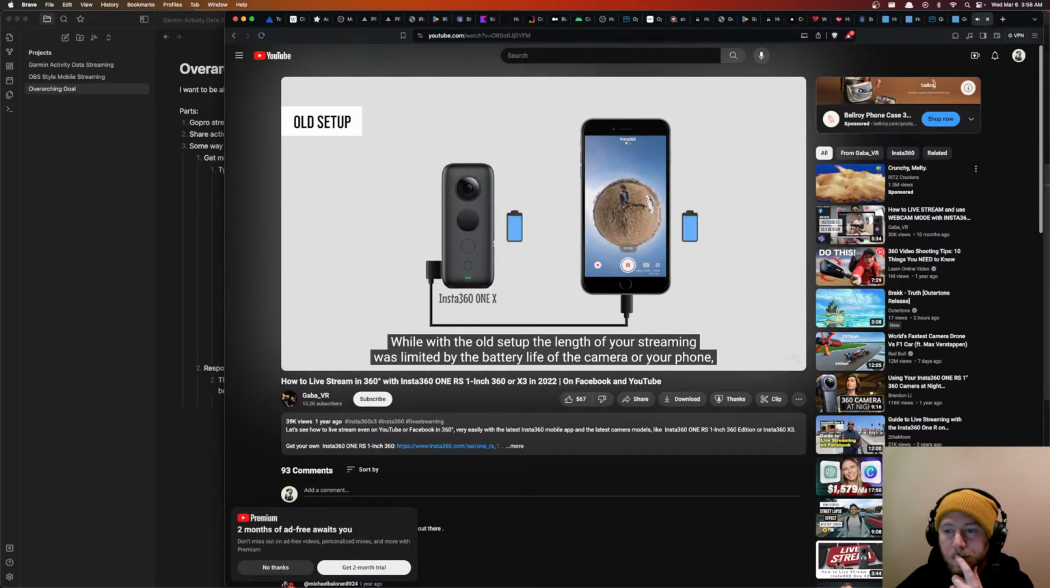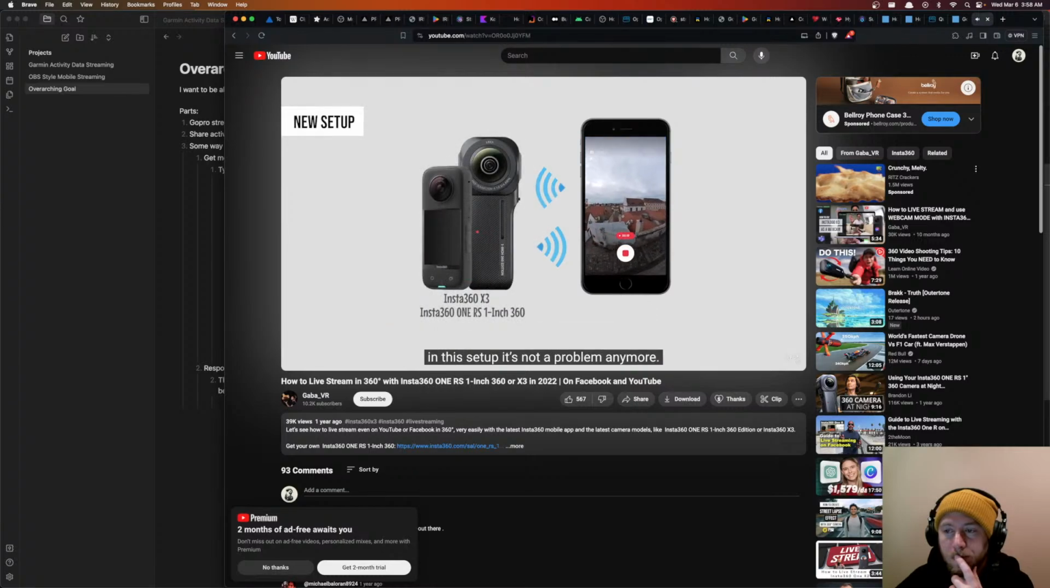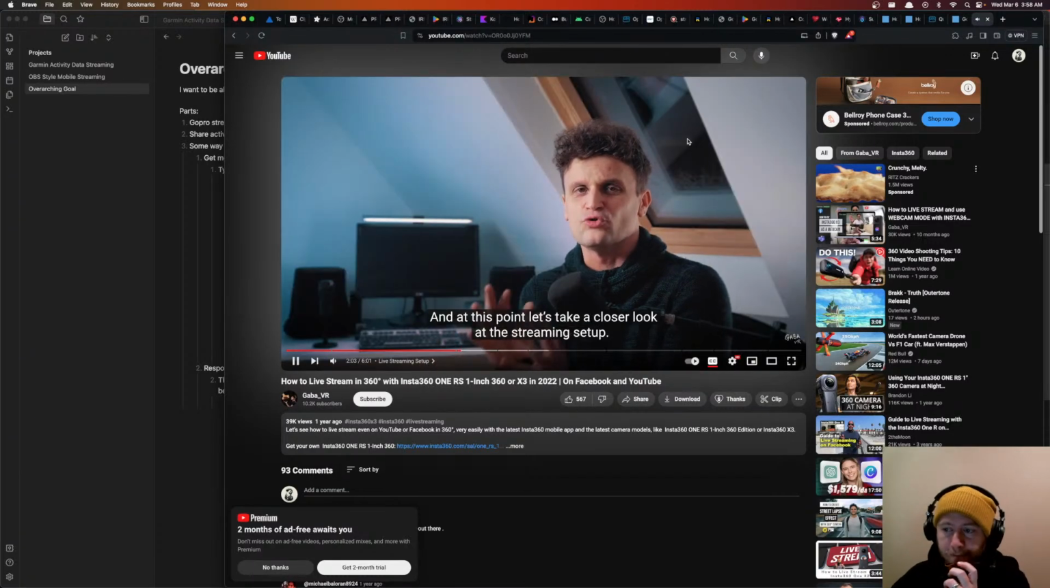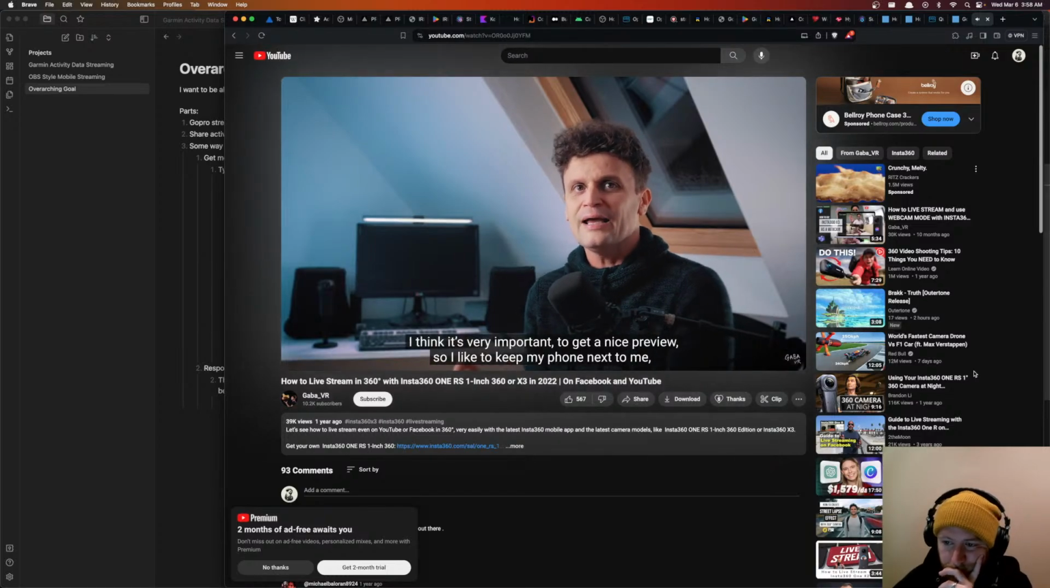While with the old setup, the length of your stream was limited by the battery life of your camera or your phone, since you couldn't charge any of them by streaming. In this setup, it's not a problem anymore. You can charge both your camera and your phone during your stream. And at this point, let's close and look at the streaming setup. I think it's very important to get a nice preview, so I like to keep my phone next to me,